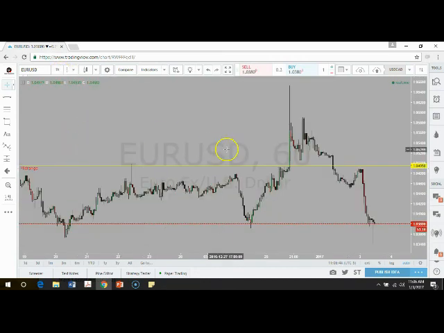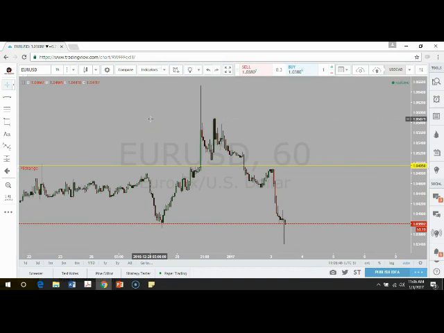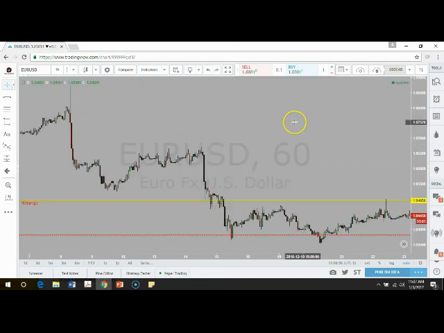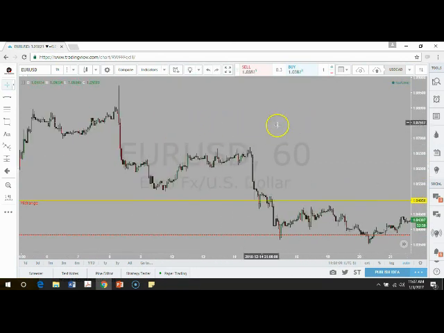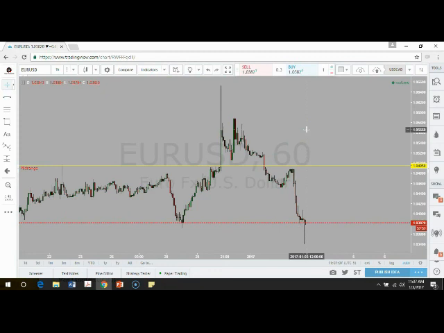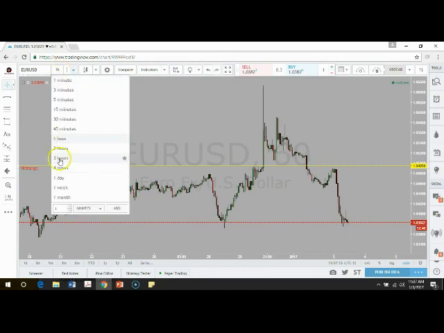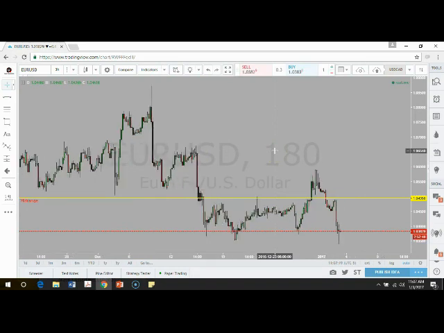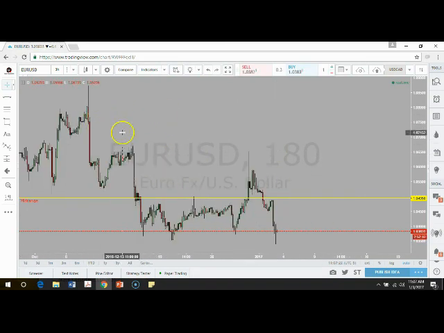Let's see what the 1-hour offers. Let's see here. It's not offering too much to identify just yet that I can readily train you guys on. Let's try a different chart. All right, so looking at the Euro USD, what I would label this as